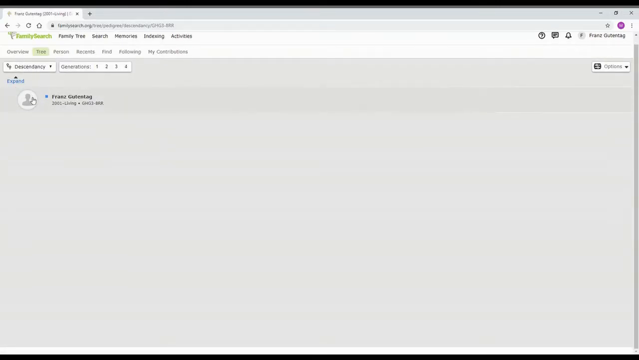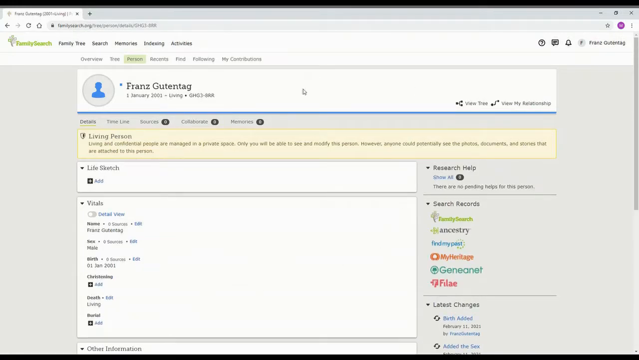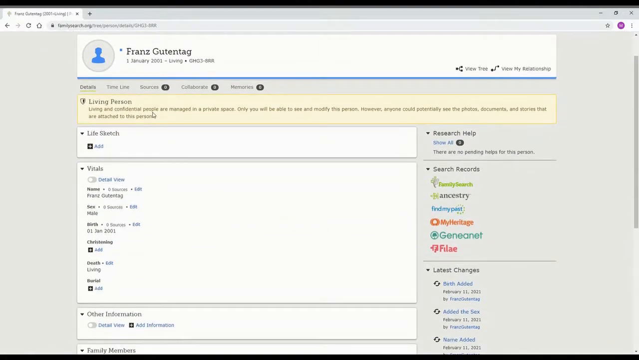I haven't messed around with this one too much on my own tree, but descendancy shows you your relation to other people in the tree. We go to Person. This pulls up your page first. This will go to your profile page, and you can edit the information about yourself,